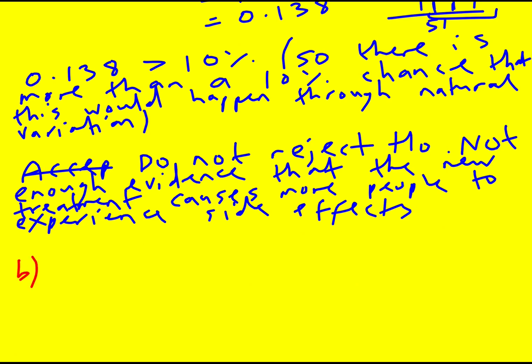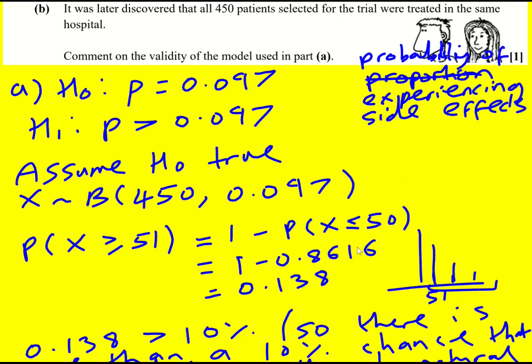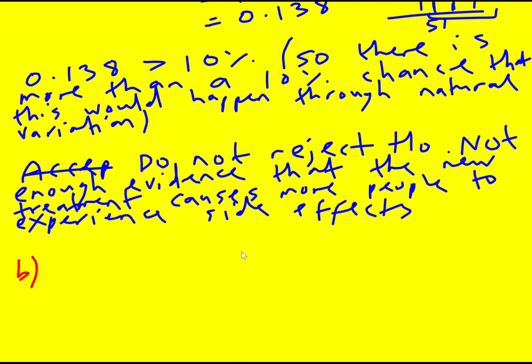Part B says it was later discovered that all 450 patients selected for the trial were treated in the same hospital. Comment on the validity of the model used in Part A. So there's an issue here, the fact that they're from the same hospital. You have to have very strict circumstances for a binomial distribution. And so I said the cases